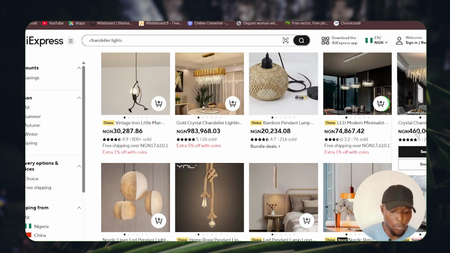This is 460,000 naira. This is about roughly $300 or thereabouts. I'm going to sell this for $600 or $700. I'm sure you get what the idea is. So first of all, sell products that are expensive because you're trying to hit a figure. You're trying to hit $100,000. So sell products that can give you $10,000